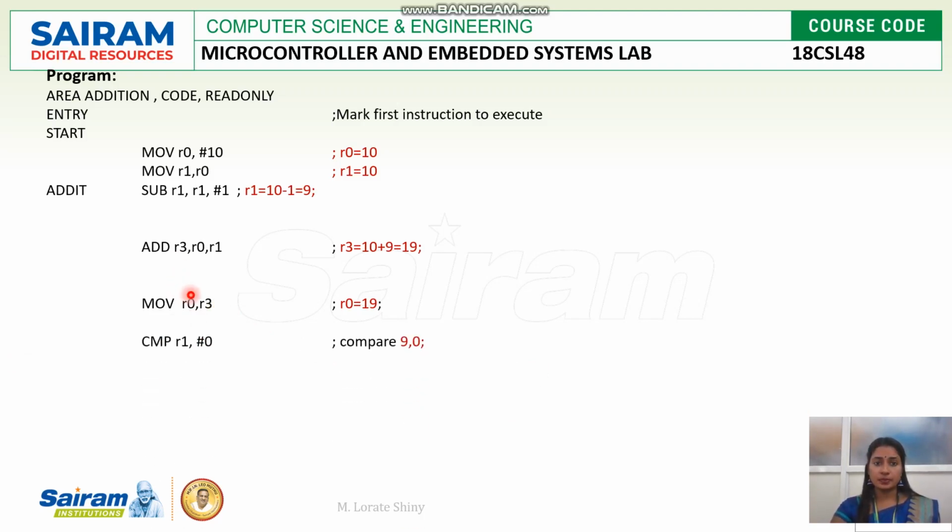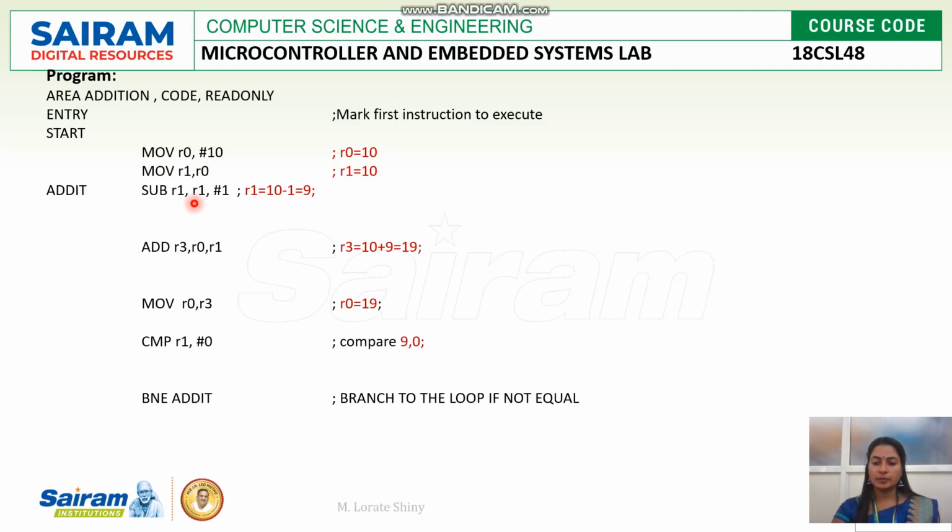Next, I have to continue this, which means I have to go back to the loop. For that, I am comparing R1 with 0, whether R1 became 0 or not. Okay. Next, to decide to go back to the loop or to come out of the loop, I need one branch instruction. The branch instruction is B. Along with that, I have to keep a condition, so I need a conditional branch instruction. That instruction is branch not equal. If both are not equal, I can jump back to the loop, ADDIT. Okay, so here both are not equal. Here 9 and 0 we compared, both are not equal. So I'll jump back to ADDIT.